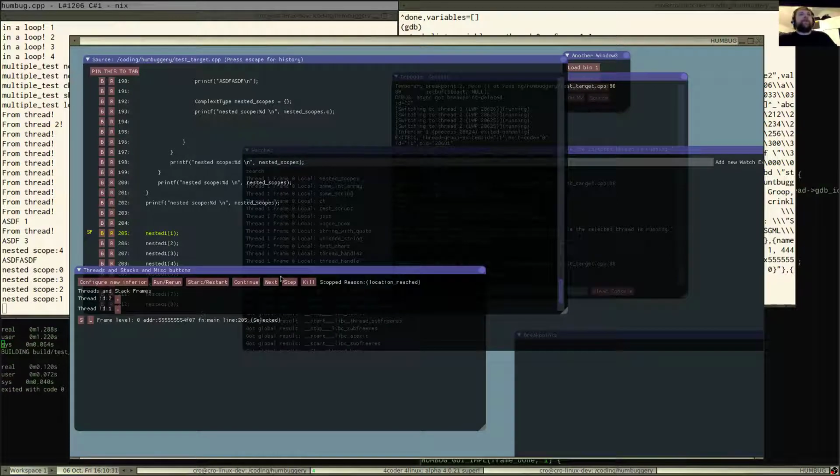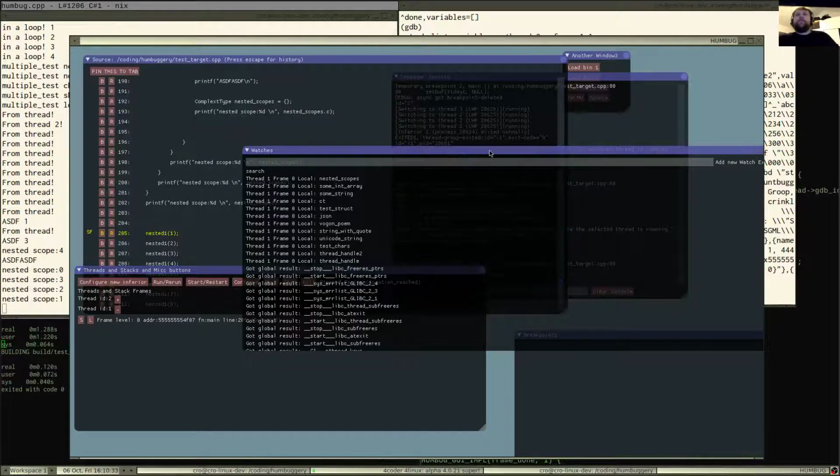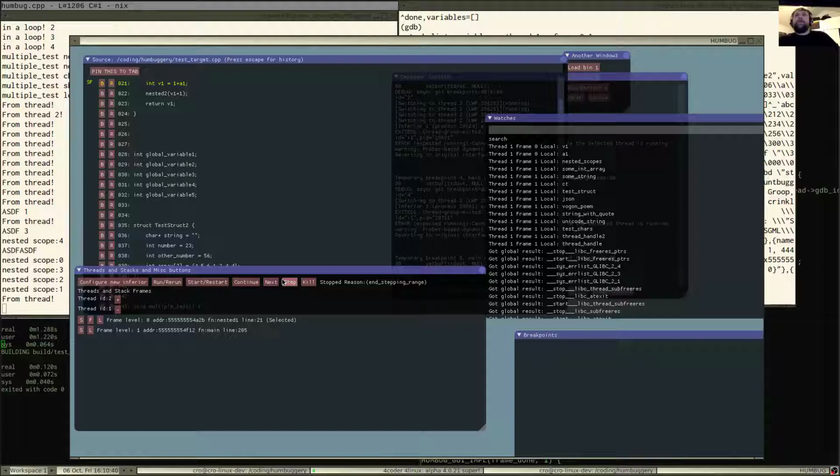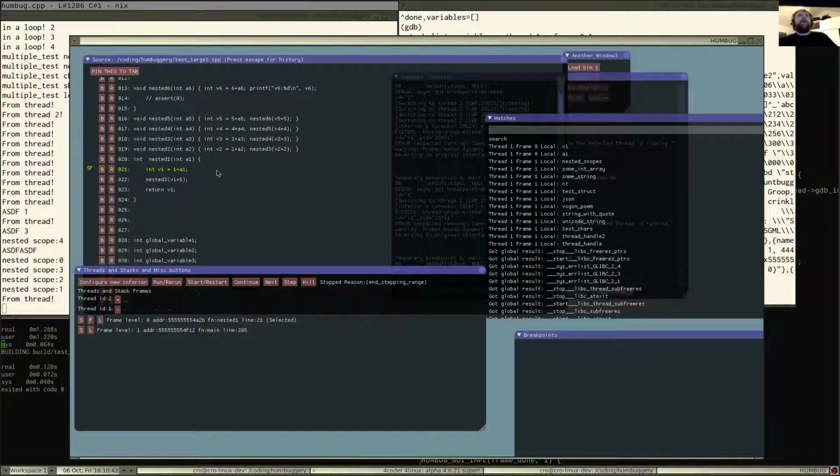Okay, then we're gonna step. So here's our list of watches here. And we're gonna step into nested. Oh my gosh, and it gave us 2 more things we could look at. Dude, this is pretty cool.